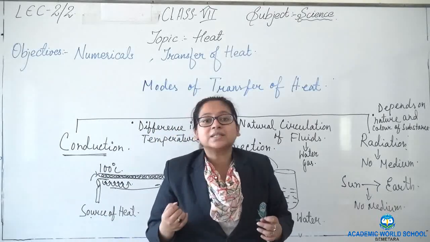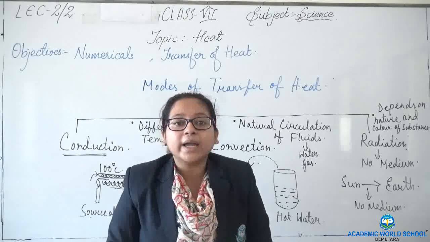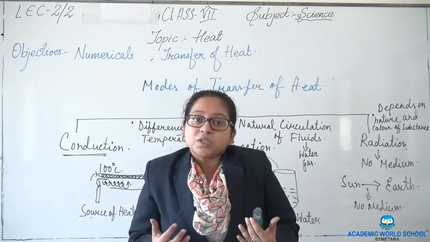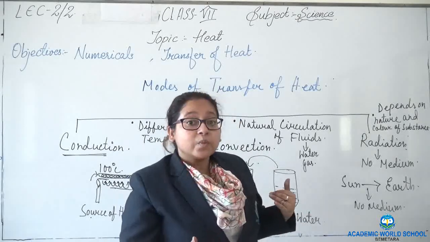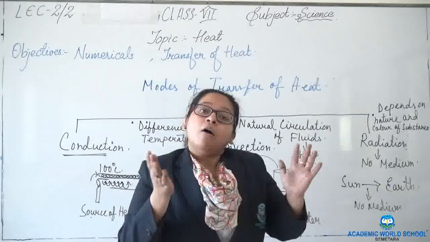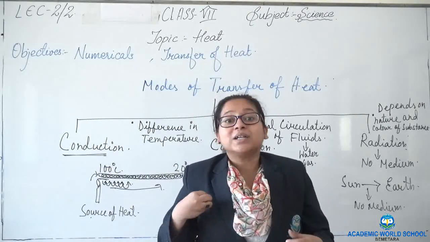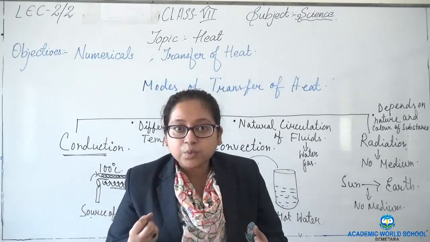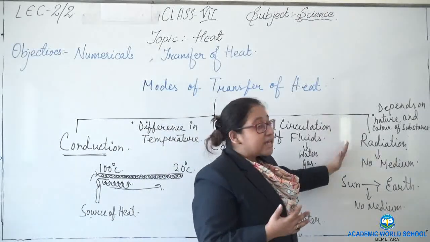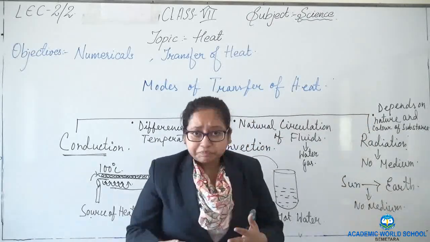That's why it is always suggested that in summer season wear lighter color clothes. Why? Because lighter color clothes cannot absorb heat much. So we will feel cool. But if we wear dark colored clothes, it will absorb more heat and we will feel hot. Opposite happens in winter season. If we wear dark colored clothes in winter season, then it will absorb heat and it will keep our body warm. So for radiation, it requires nature and color of the substance.